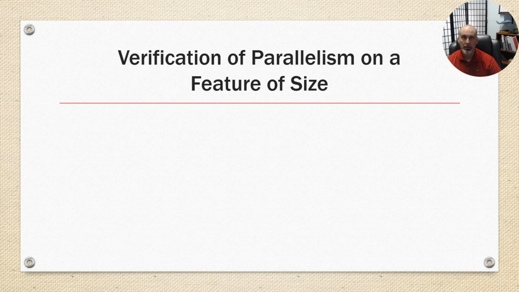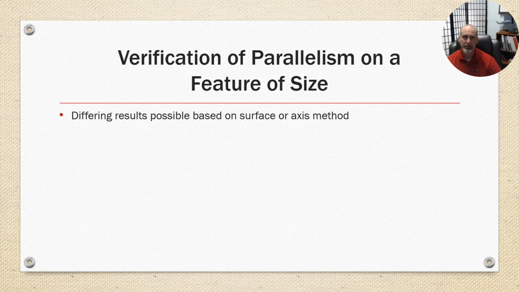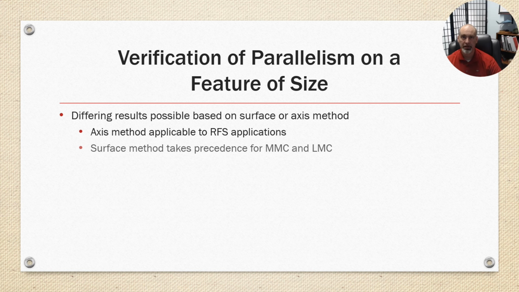Verification of parallelism on feature of size. Differing results are possible based on two methods. One's the surface method and the other is the axis method. The axis method is applicable to regardless of feature size applications. The surface method takes precedence for maximum material conditions and least material conditions